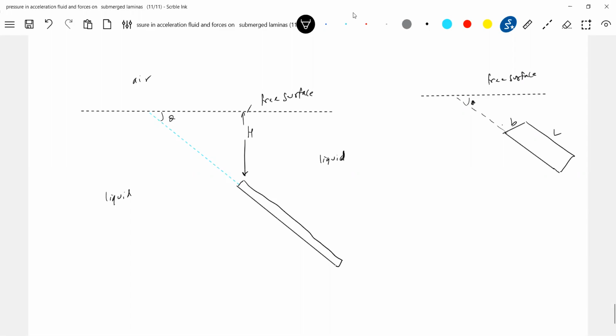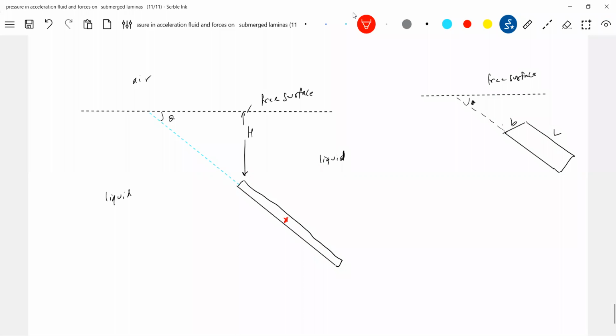We can do it. What we should do is assume a strip. Then the force will act normally, and then we should integrate. So a lot of mathematics is involved, but that will be simplified very easily. As it is fully submerged, the center of mass of the plate should be the center of the submerged part.